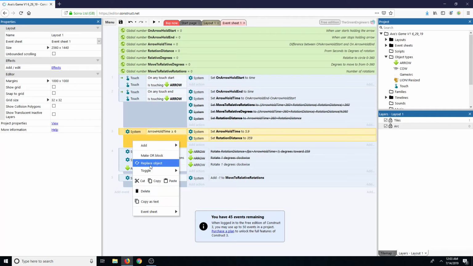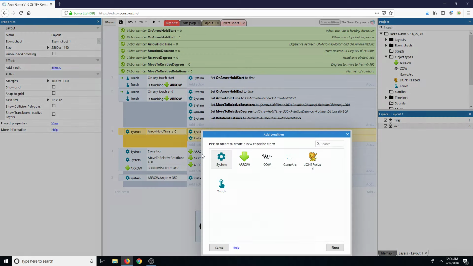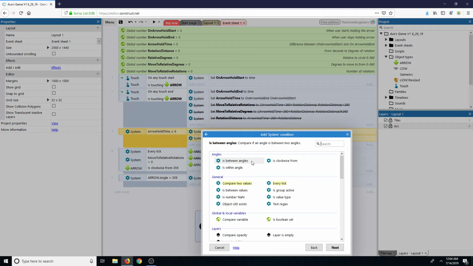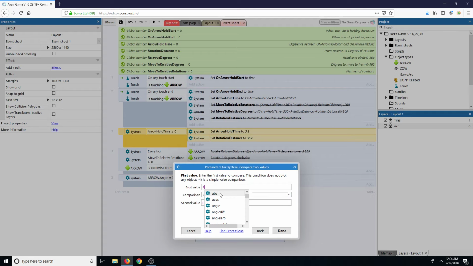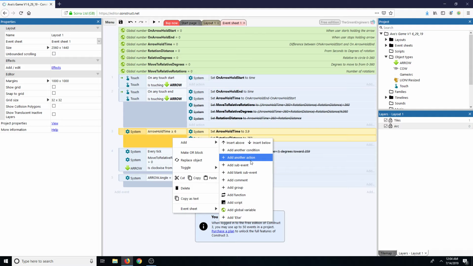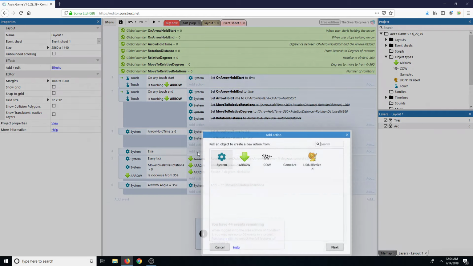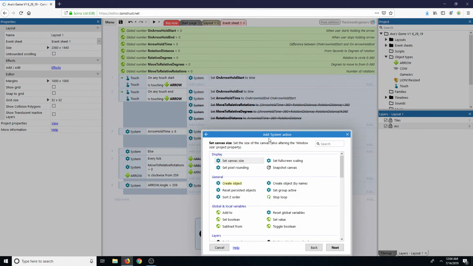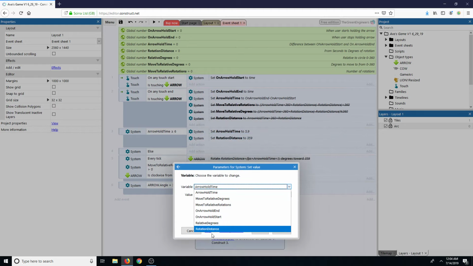Okay, so now let's add another one below. Insert below system. Compare two values. Or can we do an else? Add an else. Okay, so else, then we're just going to do set object, or set value, rotation distance is